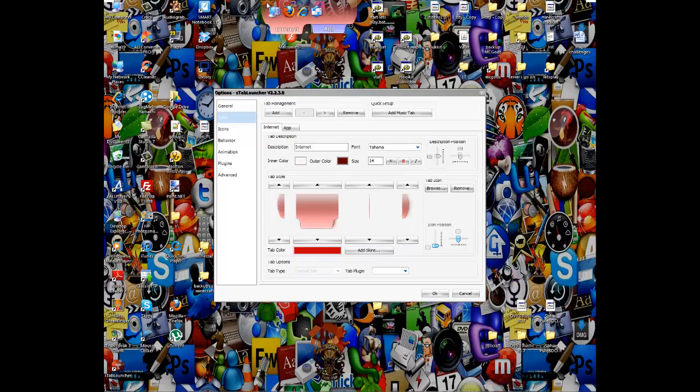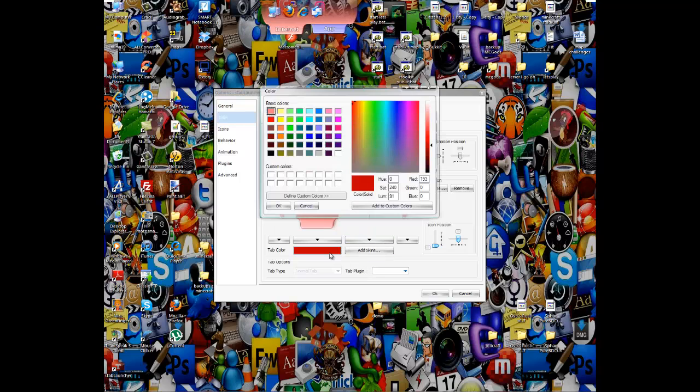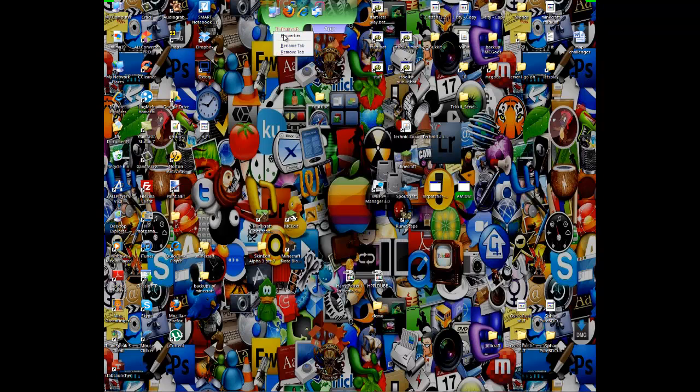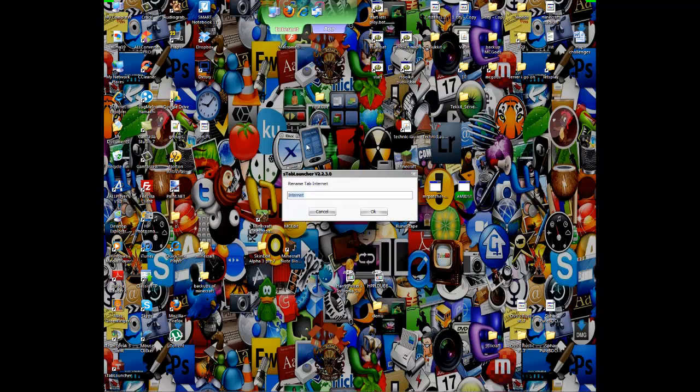As you can see, now it's rounded, but for internet I want maybe this changed. Now I want plain. I wanted maybe green. Yeah, and that's fine. If you press OK, you can also rename it. So instead of internet, you might want to call it, I don't know, programs,